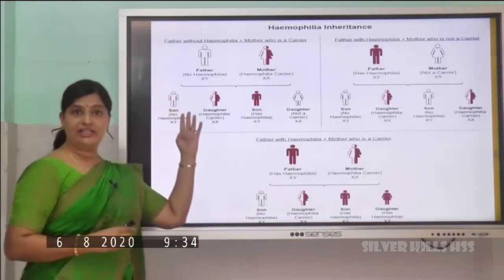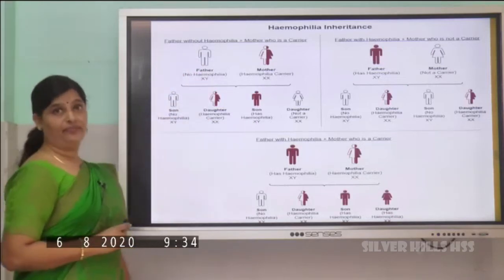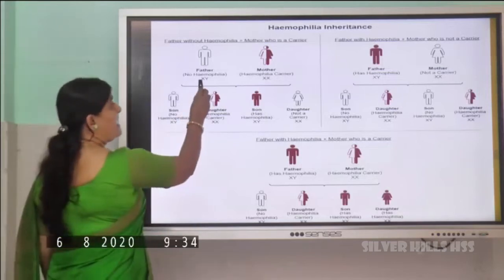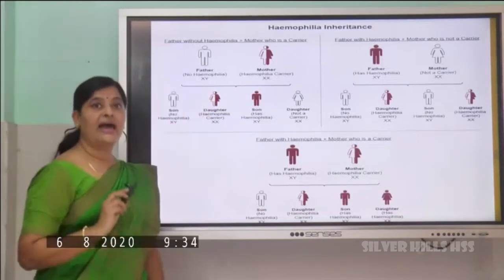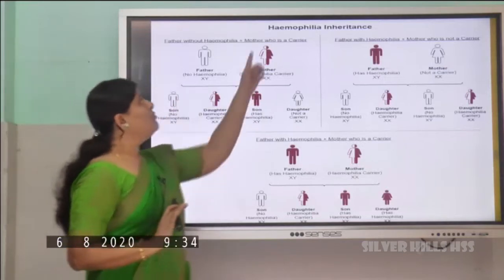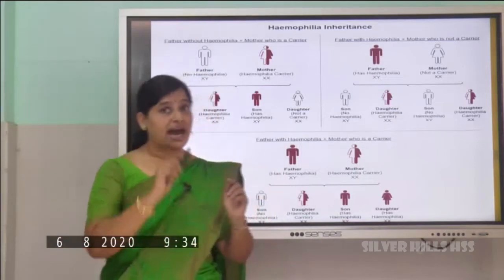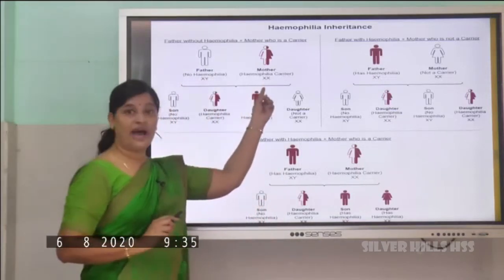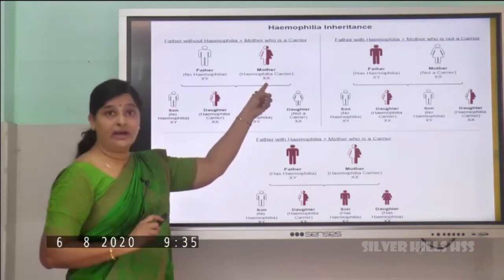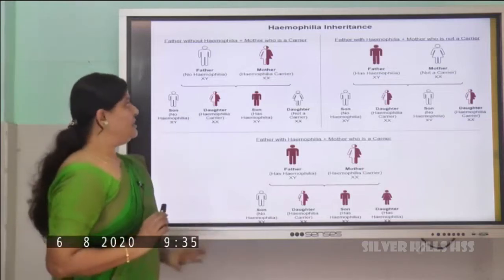The first condition we have taken is, here the father is a normal person, right? See, he has X and Y chromosomes, and we know there is no defective gene, right? Whereas the mother is a carrier. I told you, a carrier means what? She has 2 X chromosomes, and out of that, one has the hemophilic gene. See, we have marked it with red color, isn't it? So this red X stands for the defective gene, right?